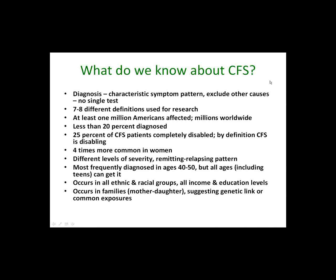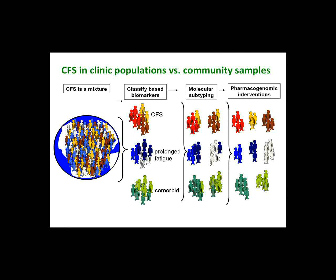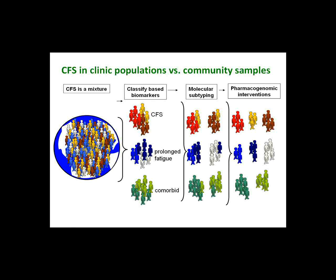If I can get this to advance. I spoke a little bit about the heterogeneity, and I put this slide up. It's my colleague Suzanne Vernon's, I think, favorite slide, just to demonstrate that this is a very heterogeneous group of people. There may be many different causes and triggers that lead to the clinical symptom complex known as chronic fatigue syndrome. So Suzanne Vernon, who is our research director and came from CDC after 17 years at CDC before joining